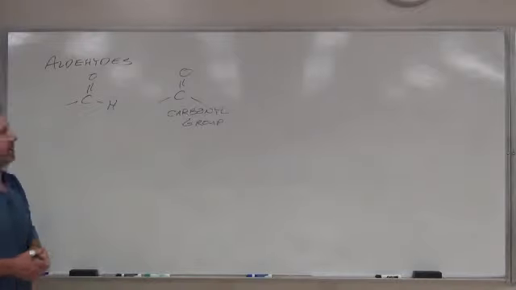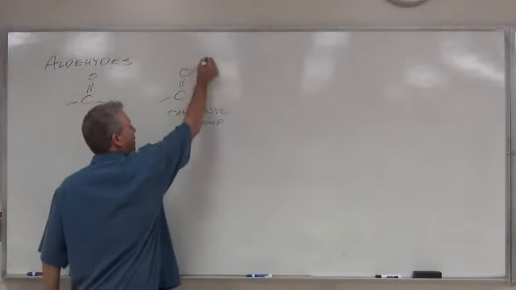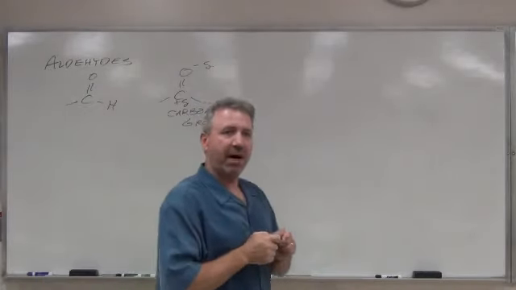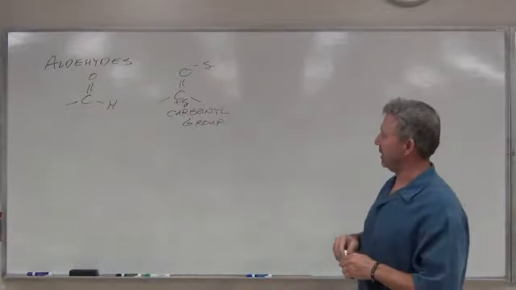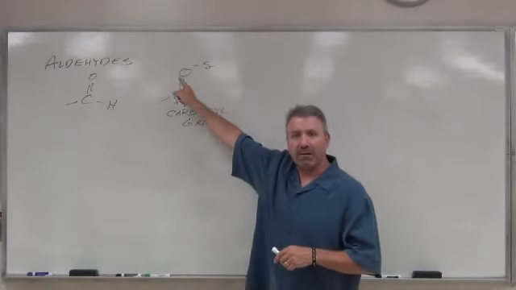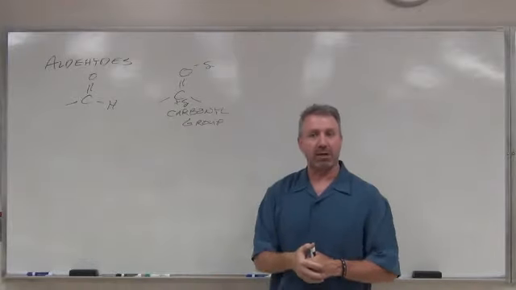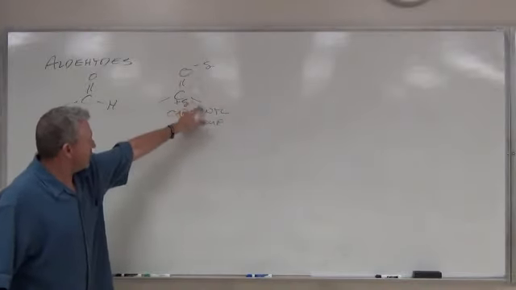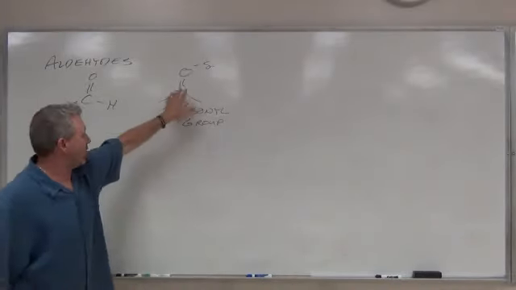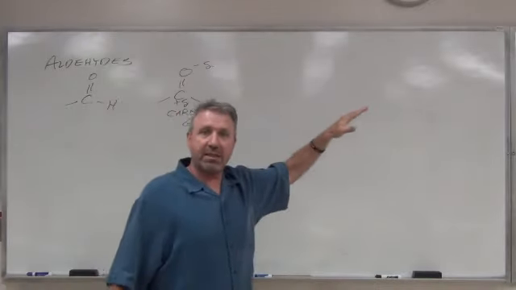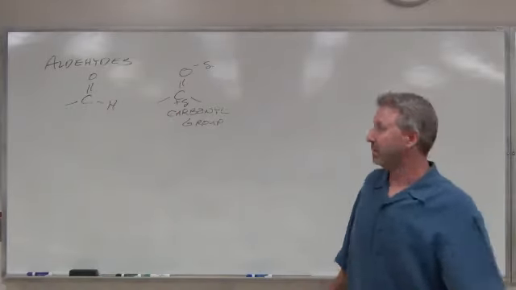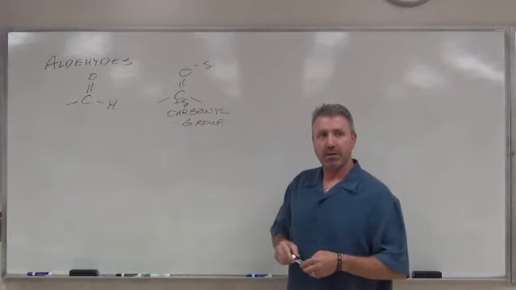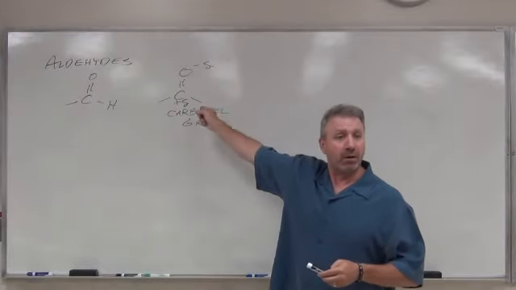Okay? Now, the carbonyl group is very polar. The electronegative oxygen pulls the electrons. Now, you have a double bond here, right? Double bonds have twice as many electrons. Remember, each bond is 2 electrons. So, in single bonds there's 2 electrons between the 2 atoms, but in a double bond, there's 4. There's twice the electrons, right? The double bonds are shorter and stronger, right?